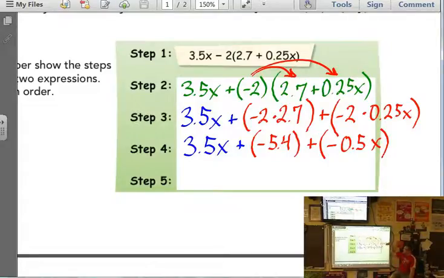Any questions up until step 3? All I did was show the multiplication written out. That negative 2 multiplies by 2.7, and negative 2 multiplies by a quarter x. Oh, okay. I thought you said 2.025, and I'm like, no. 2 times 0.25. Normally my multiplication dots are a little bit thicker too. Notice my decimal versus multiplication. Okay. So then you multiply the negative 2 by the 2.7, and then your answer is what step 3 is. And then for step 4, I think you used the